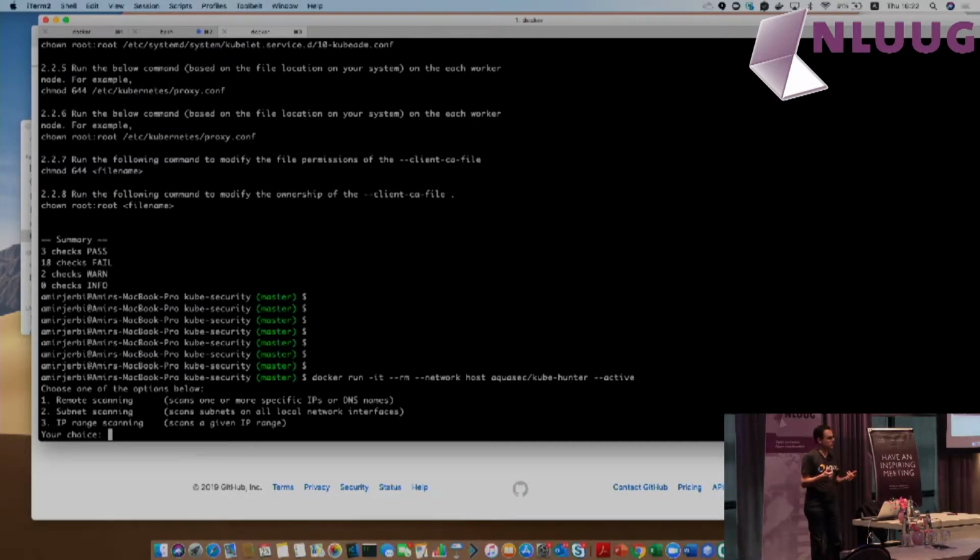Option number 2, do you want kube-hunter to do discovery on your network devices? If you are familiar with Nmap, it's port scanning. So basically, kube-hunter will use a similar approach. It will scan the network, and it will find kubelet, it will find etcd. This is option number 2. Option number 3, if you have a specific IP address,